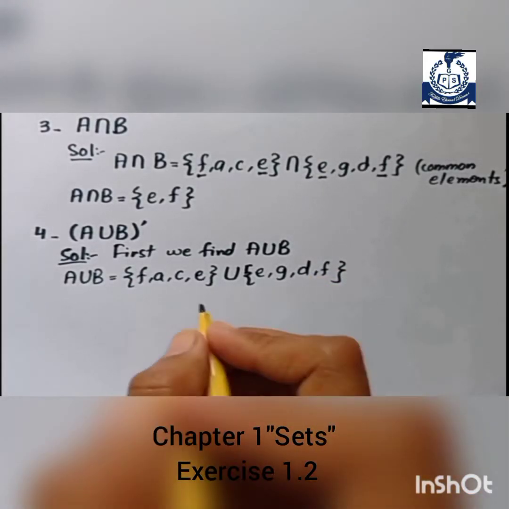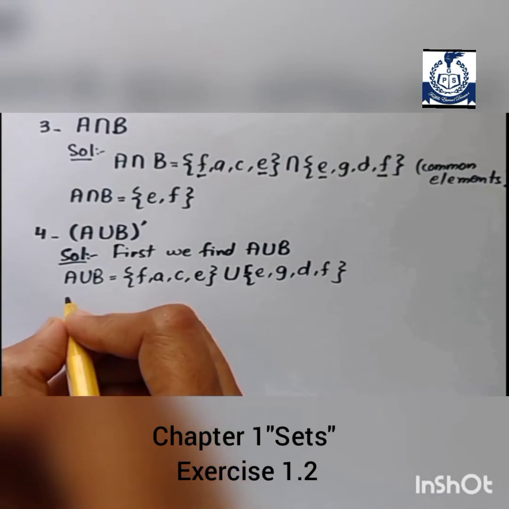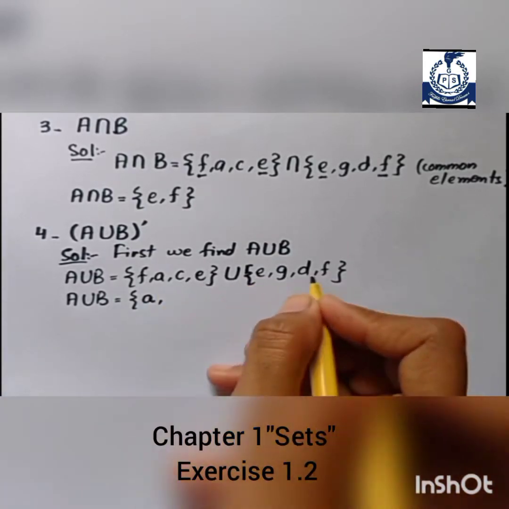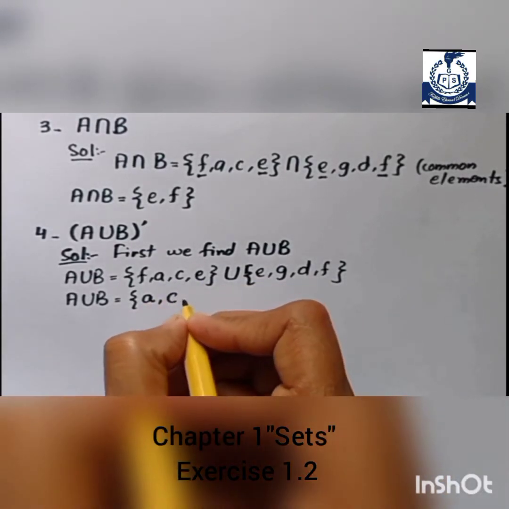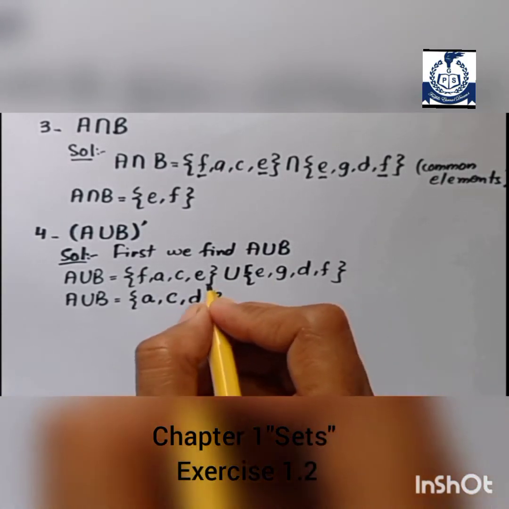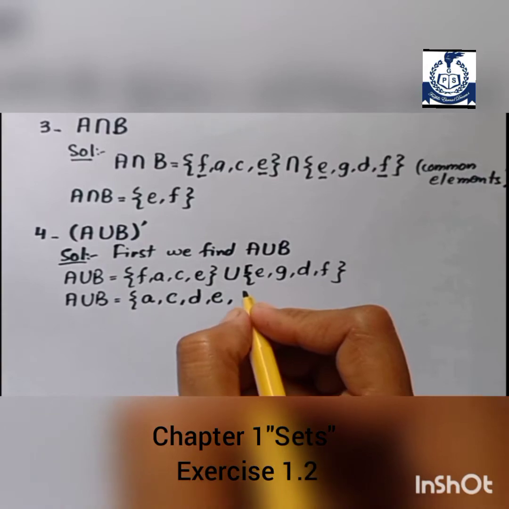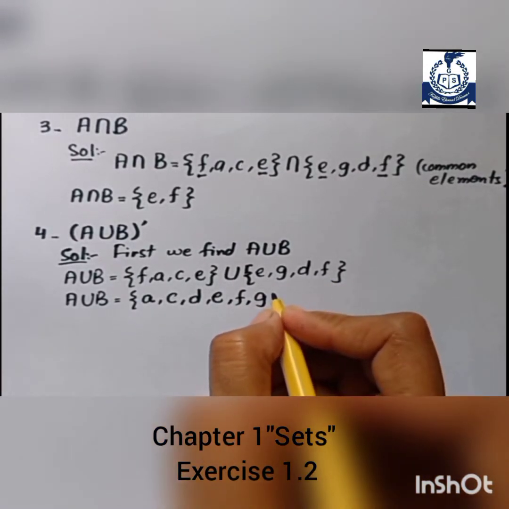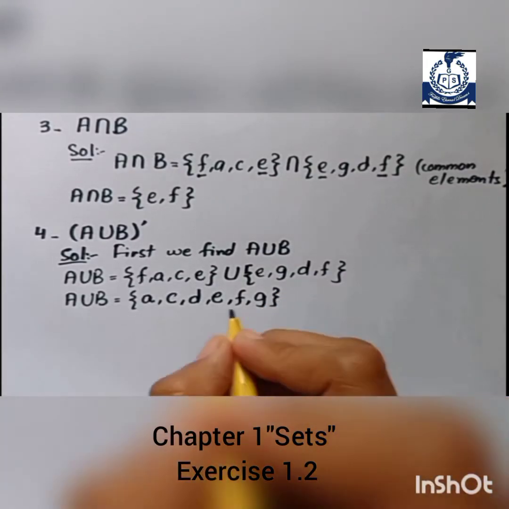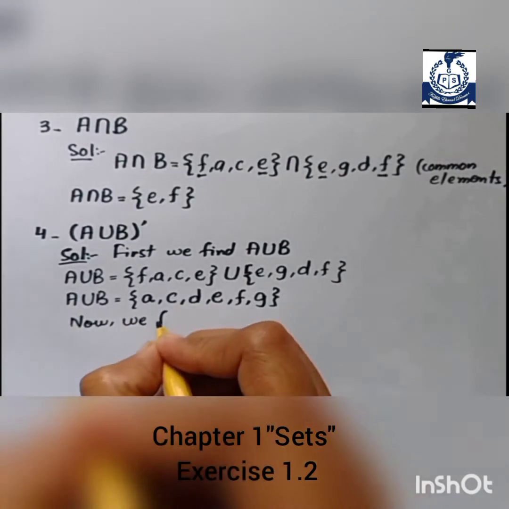So in union we write the whole set, both sets in an arranged form. A union B, A के बाद C. In an arranged form we write all elements of both sets: A, C, D. E 2 टाइम है, सो हम एक ही टाइम लिखेंगे। F भी 2 टाइम है, तो एक ही बार लिखेंगे। G. And yes, we write all elements in an arranged form. इंटरसेक्शन में हमें कॉमन एलिमेंट लेने होते हैं और यूनियन में हमें सब एलिमेंट्स को अरेंज करने होते हैं।